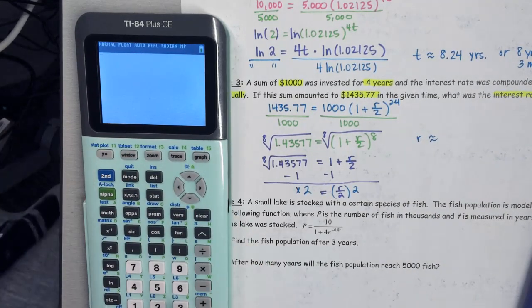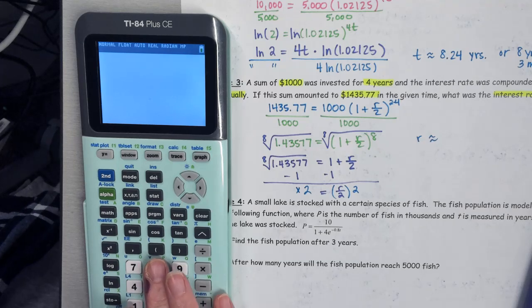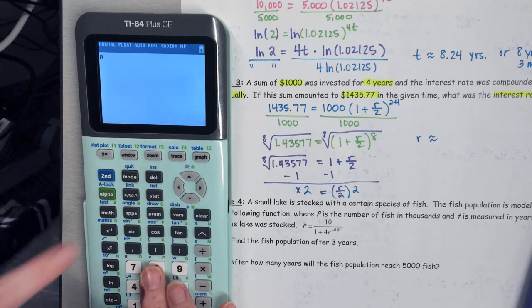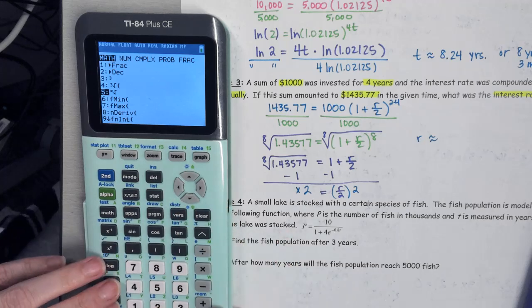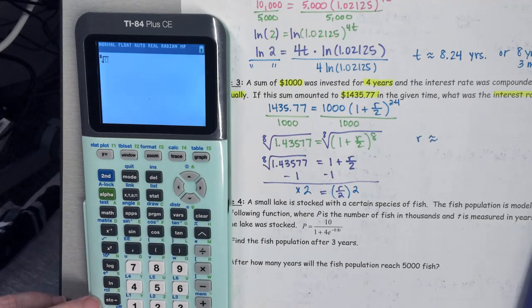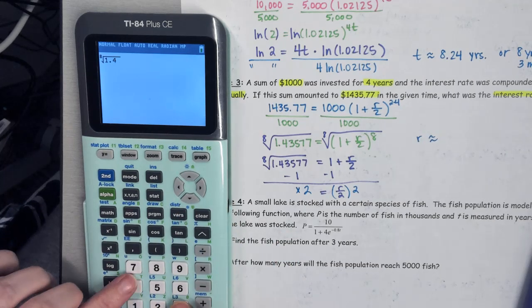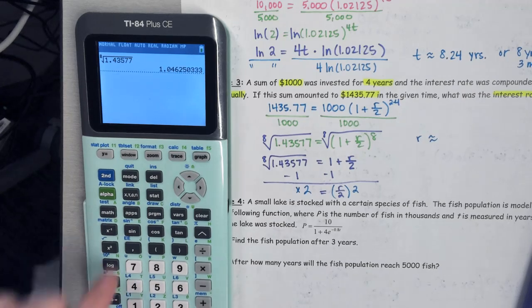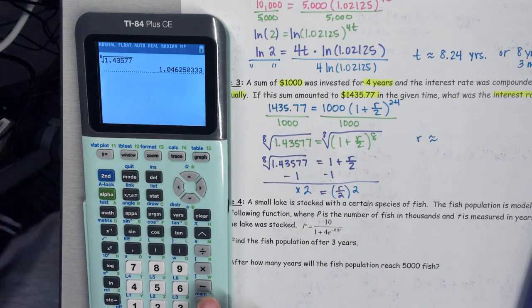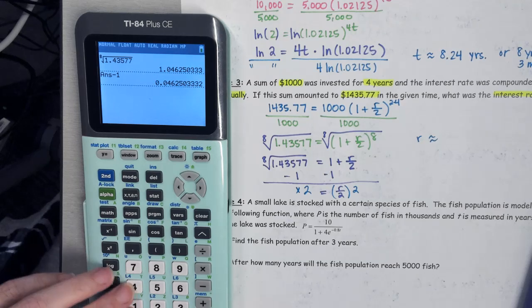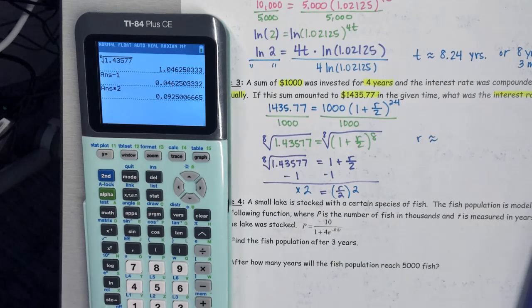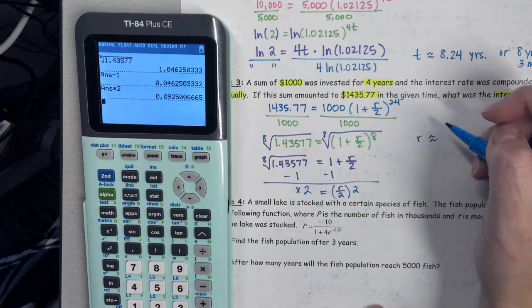So to do the 8th root, some of you might have to put the 8 in first, then go to math, then do your root. Okay, so you have 1.43577. So you want to use that exact value. Then you minus 1, then you multiply by 2. Okay, and then you get